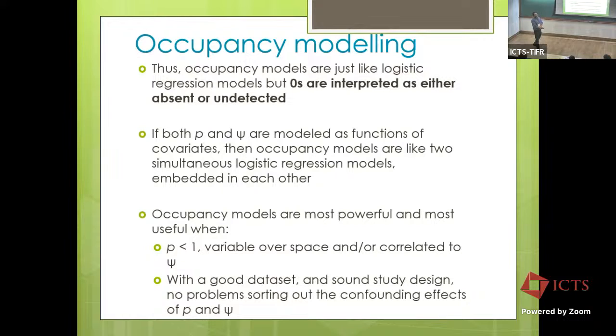Confounding effects, because suppose the occupancy of tigers was influenced by, let's say, the prey density, and your prey density was also influenced by, or your observation of your tiger presence was also influenced by... no, this is not a good example. Okay, let me think of an example, but basically what I'm trying to say is, if you have two different